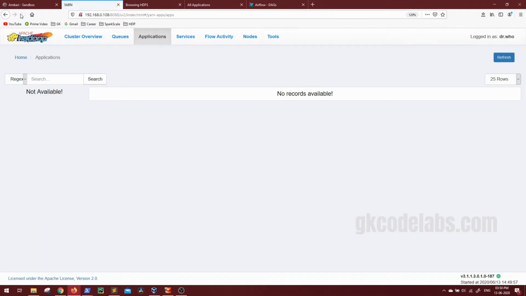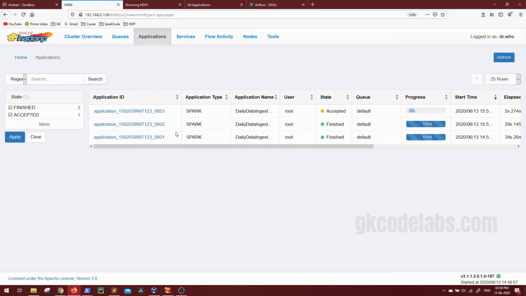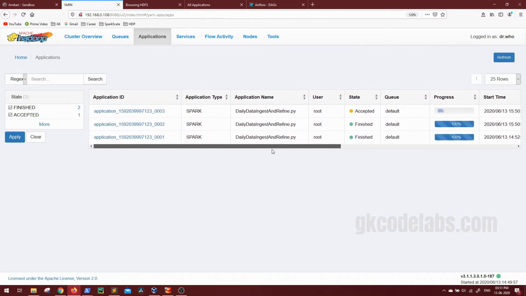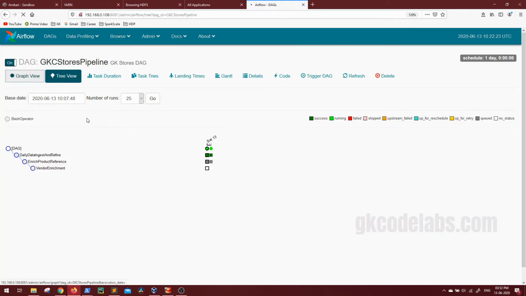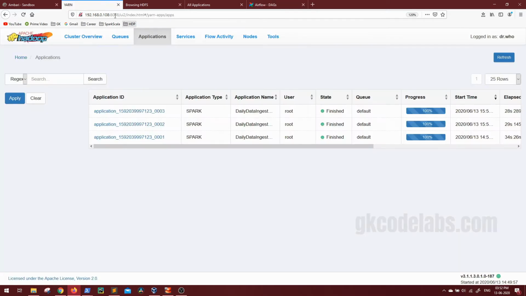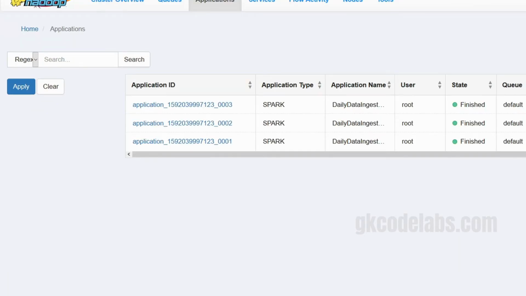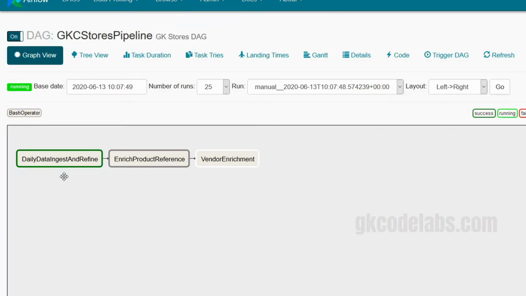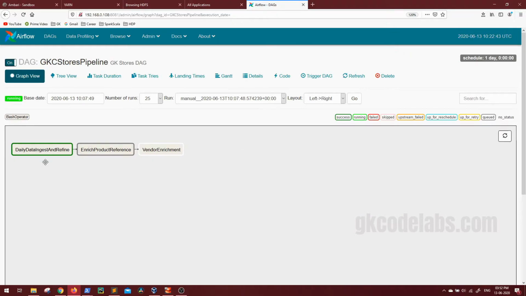Let me refresh. So you can see it has submitted. Daily data ingest is submitted. It's slightly slow because of the cluster load. Now you can see the second job has completed, and in the same way in Airflow we are getting it as green. So this is success. If you go to success, it will highlight the success ones, and this is queued,